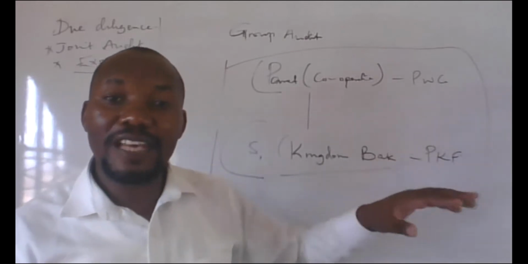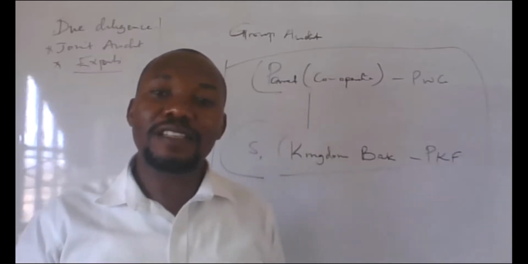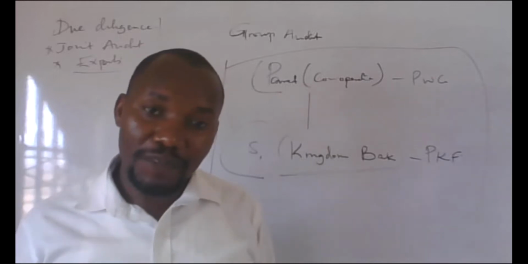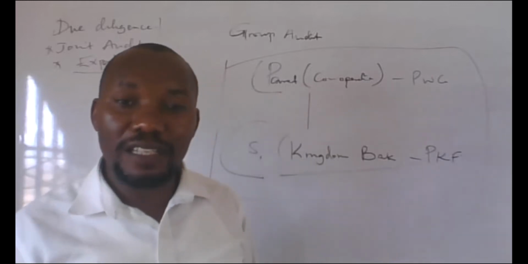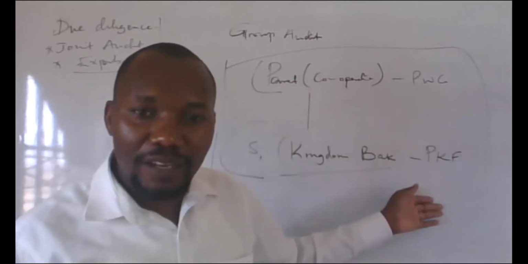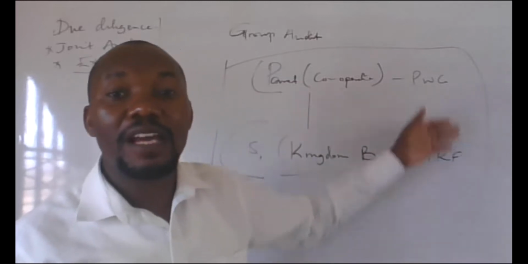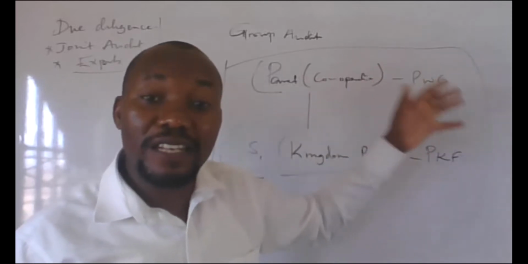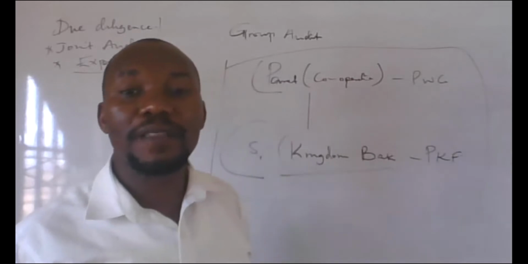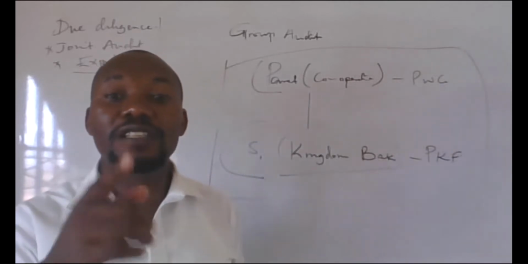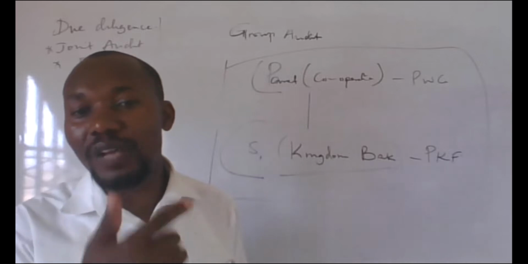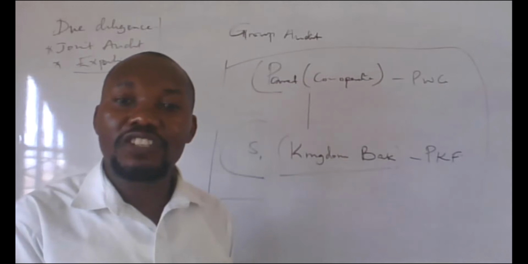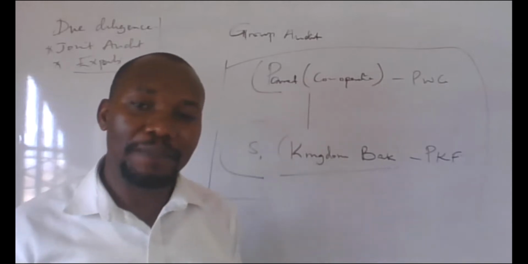They will tell them, instead of wasting time here, look here, they have weaknesses in credit policies, they have weaknesses on HR or board, they can be able to point. So that one is also an advantage. You are doing group audit, but the one is already there. He can be able to share with you the information about the risk level, or even some of the risk profiles, the risk profile of the firm or the company that you are auditing. That one will save your time. It saves time because the firm that is already there shares some of the information that can save their time.